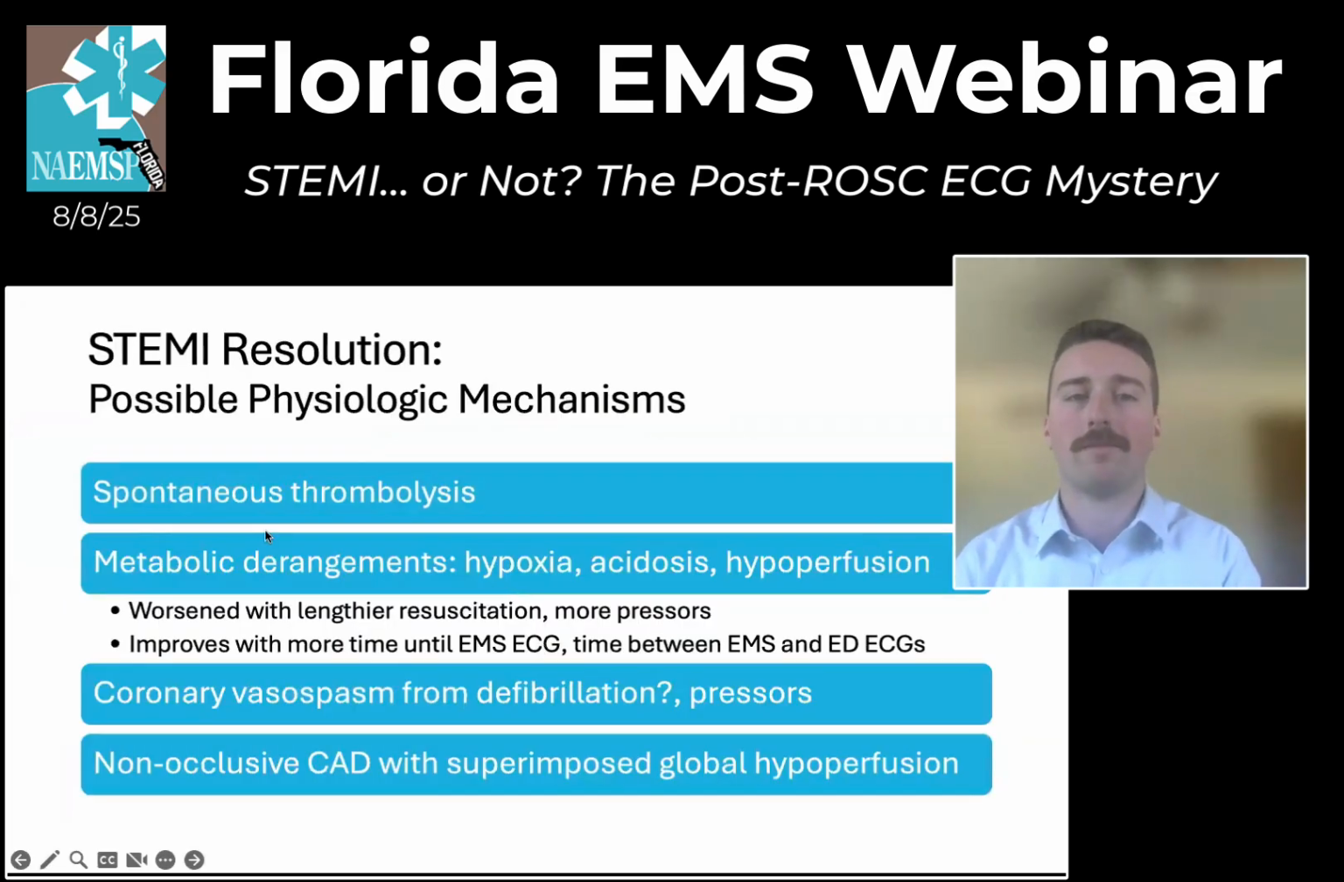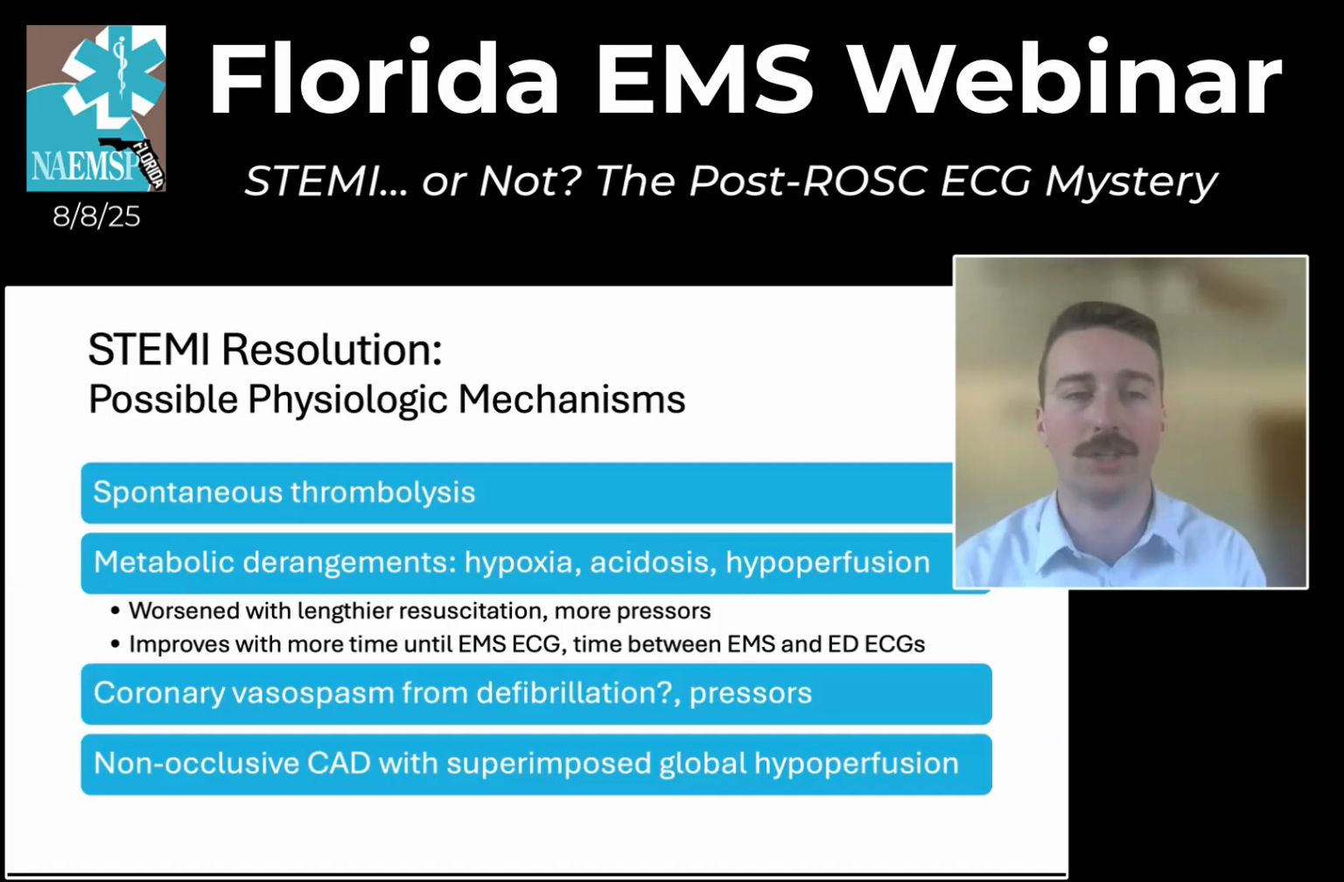So the question is why? Why are these things happening? And we have speculated a number of physiologic mechanisms which may explain some of these findings, particularly pertaining to the resolution of STEMI over time following ROSC. One possibility is that you may experience spontaneous thrombolysis, which has been well described as a physiologic phenomenon after resuscitation. You may also see distal clot propagation with that thrombolysis, and thereby sort of seeing a relief of that focal